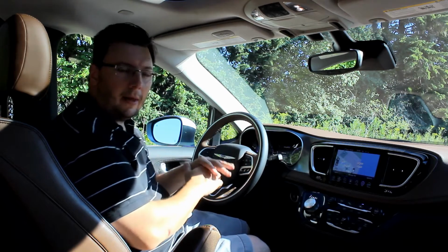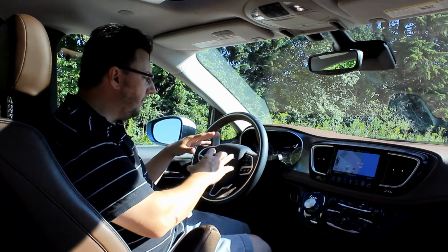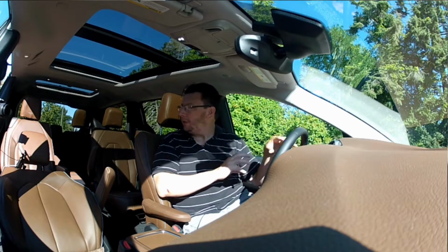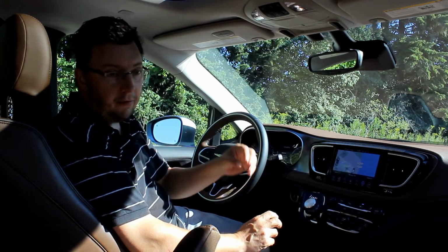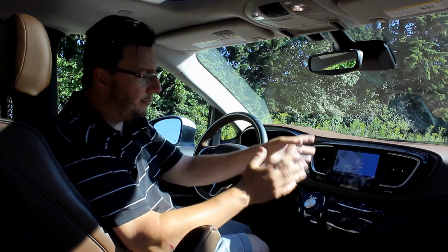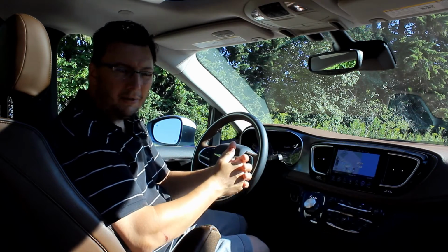Certainly the instrument cluster, nice brightly backlit blue LED design, very visual, very easy to read. Lots of information in the 7-inch information cluster that's in the center. The center stack has made a lot of improvements, most notably two things for me. Number one, the information screen in the center. It's an 8.4 inch, which is a big improvement from what the previous Town & Country had,